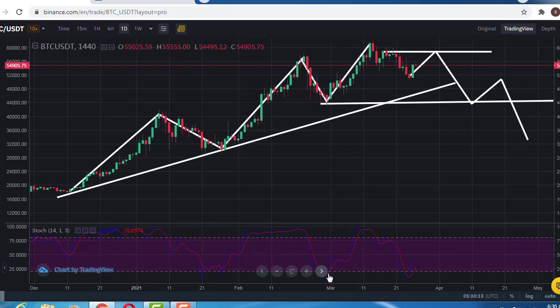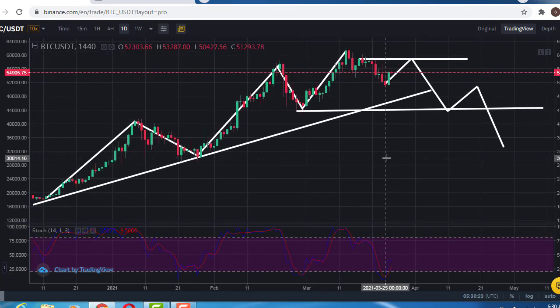So from here as well, oversold, market goes right up, enters into overbought, then overbought again, market comes back down into oversold. So this is a very good thing to look out for. And now the market is coming out of oversold again. That is why I said we are going to see a little bit of a move to the upside, and